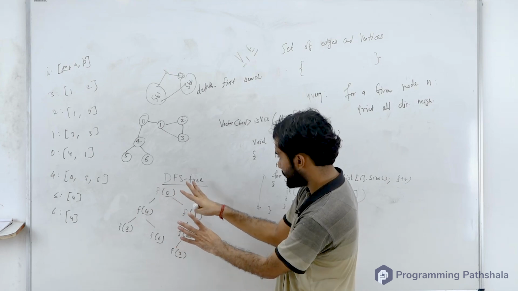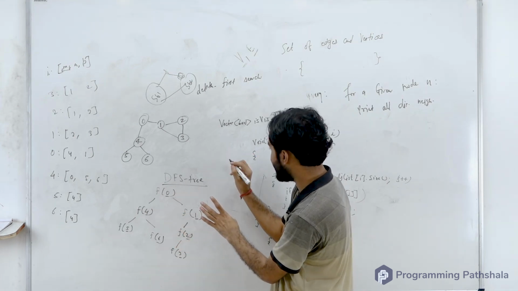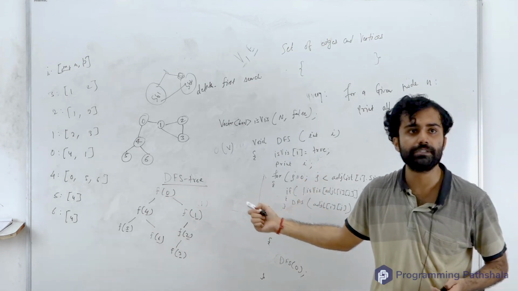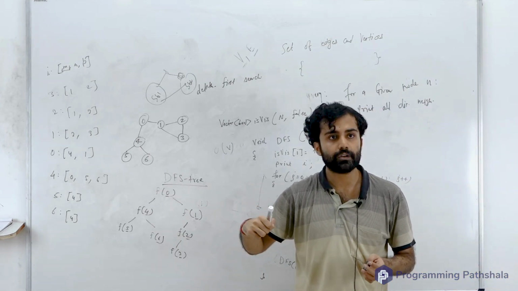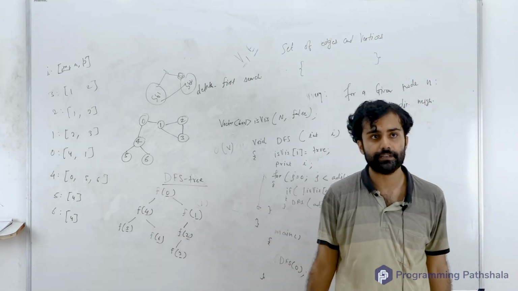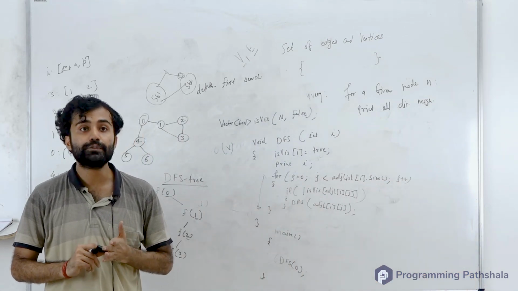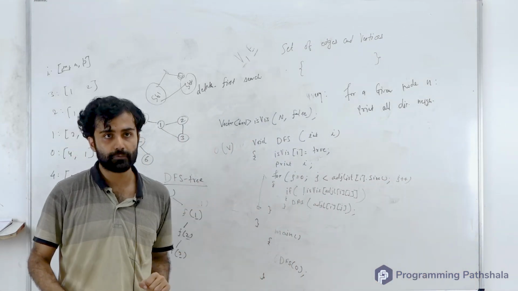Can I say the number of function calls which would happen? That would be exactly order of V, because you are calling a node just one time. You do not call it again if it is already visited. Okay. Now, there is another important technique that you should learn to comment on the time complexity,